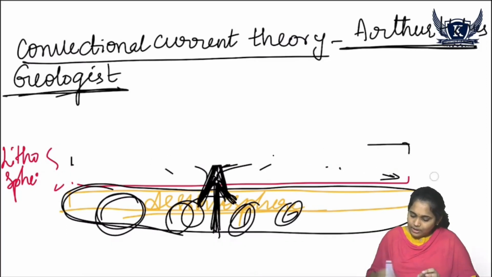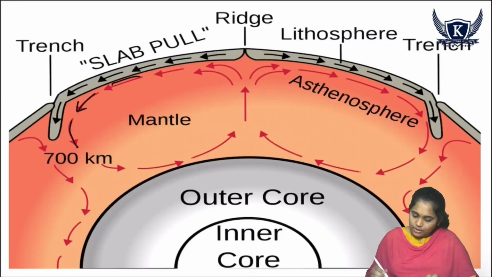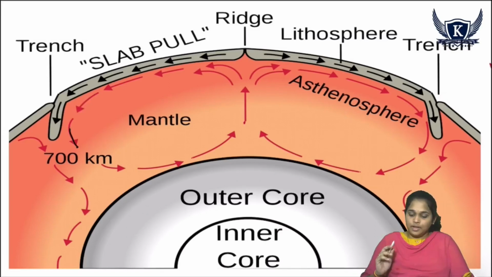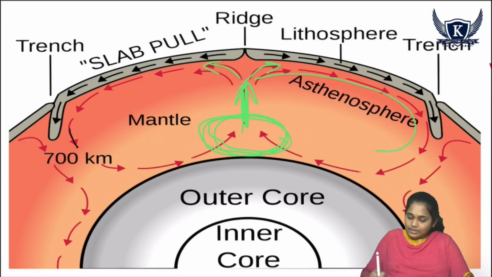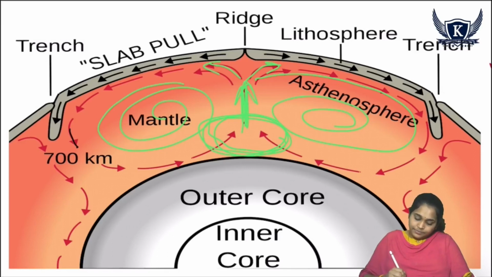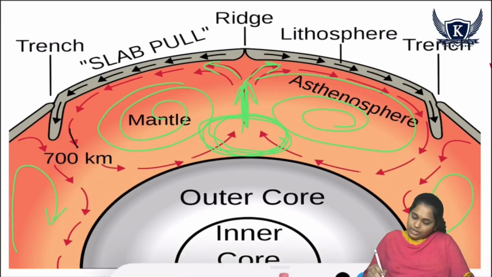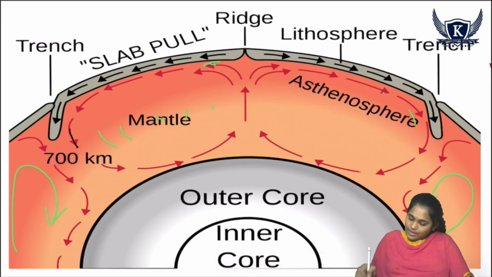So if you take your crustal part like this, according to Arthur Holmes, here is the asthenosphere. What he says is, in the asthenosphere we observe something like radioactive things forming. So when they rise up like this, they may not hit the surface, but they turn like this and create a circular cycle here. Similarly, if the same thing happens in another part, there also we observe cycles being formed. So like this. These are nothing but your convectional currents, and when you observe the midpoint of two cycles like this,